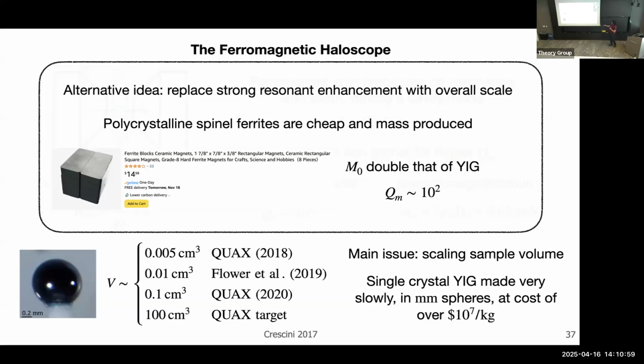So I want to explain to you now an alternative concept that will use these kinds of cheaper magnets at much bigger scale. And so the problem is that if you did the same thing where you put a tiny sample in a microwave cavity, which, to remind you, the typical wavelengths of axions in this mass range are like millimeters to centimeters, so the cavity needs to be tiny. Like it just doesn't work. You need something that can be large.